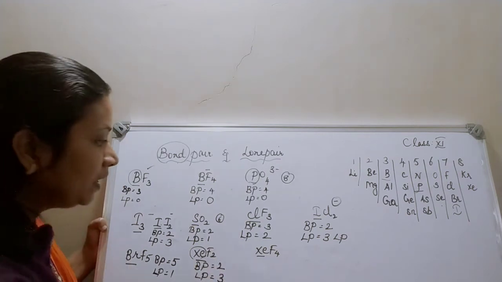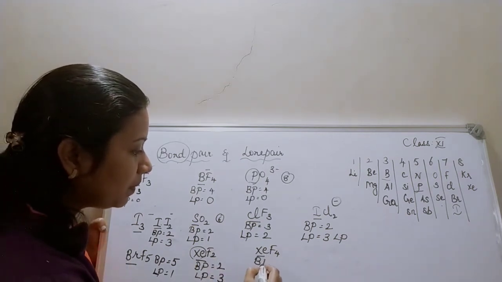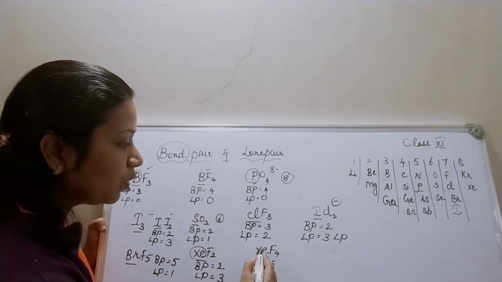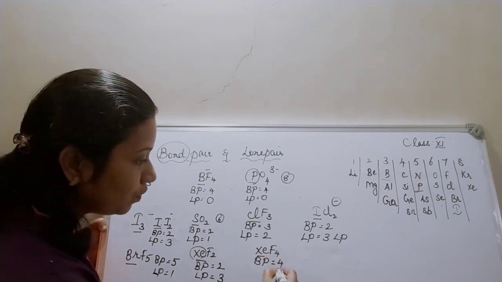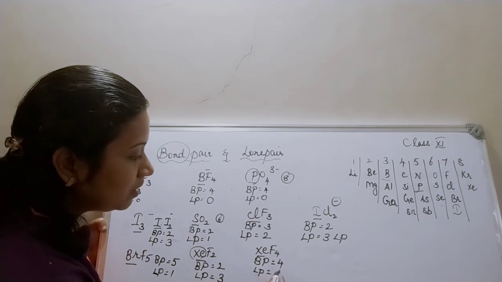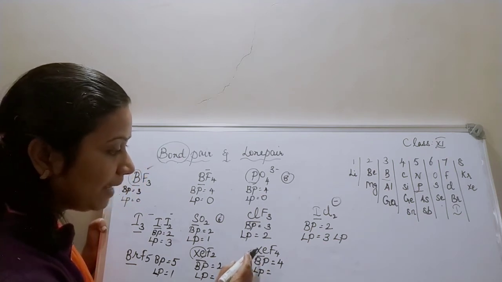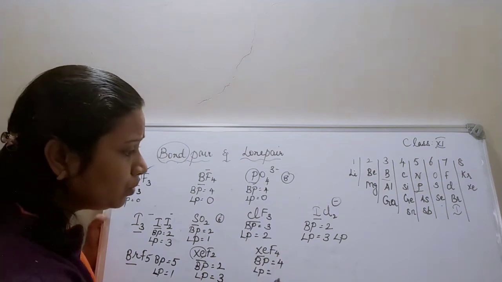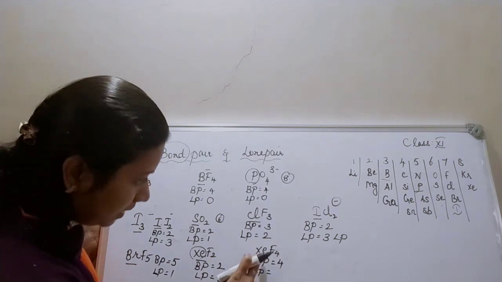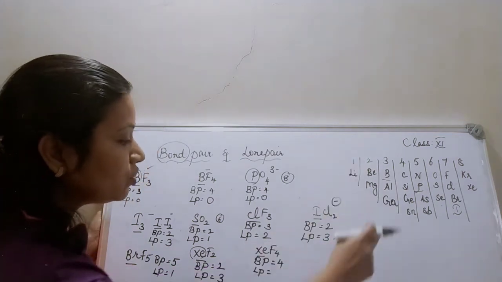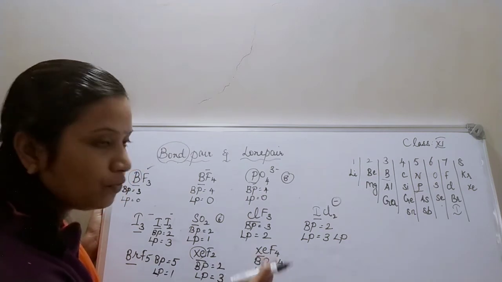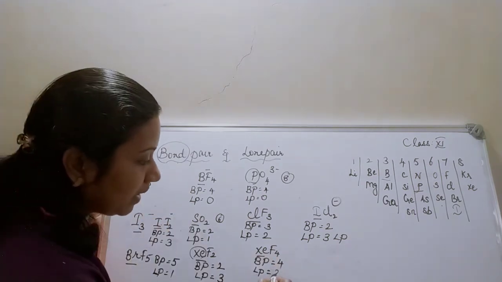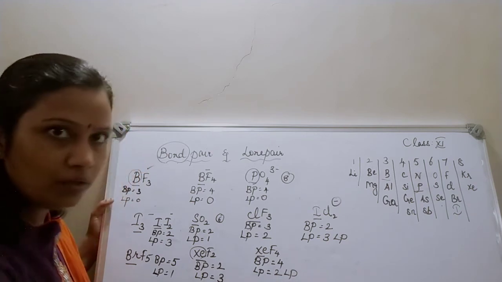Okay, clear. Now in this problem, how many bonded pairs are present? 4 fluorine atoms are bonded to xenon. So bonded pair is 4. And how many lone pairs, children? Since it is an octet configuration, 8. 8 minus 4 is equal to 2, correct? No, sorry, xenon should have 8. 8 minus 4 is 4. So I am writing 2 lone pairs. So for 4 bonded pairs, it is 2 lone pairs.